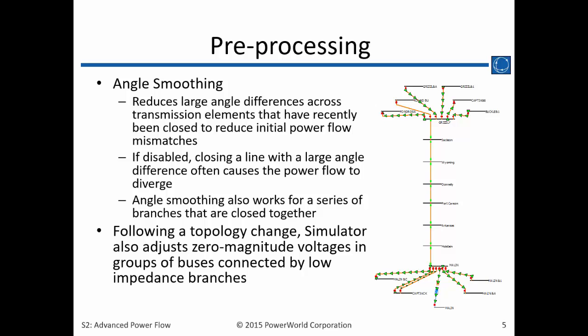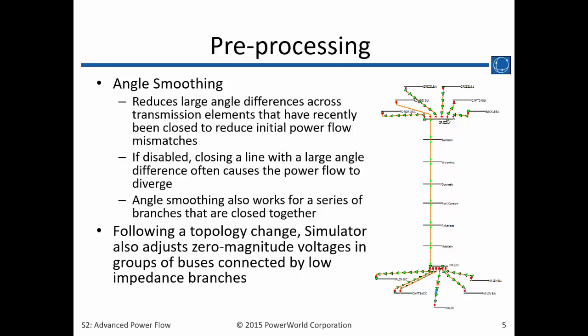So out west, for example, where you have your multi-section lines, all those lines typically close in or out together. So angle smoothing will work across all of those series of lines to try and make sure that the angle difference is minimized for each section so that we can have a solution that is attainable when we solve the power flow. Following a topology change, Simulator also adjusts zero magnitude voltages in groups of buses connected by low impedance